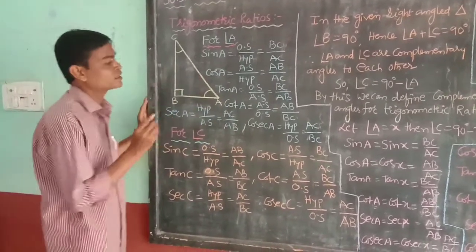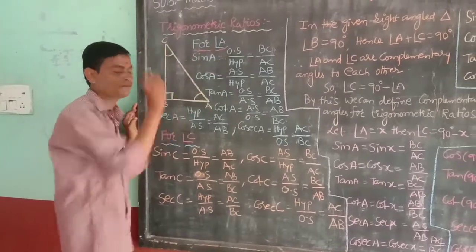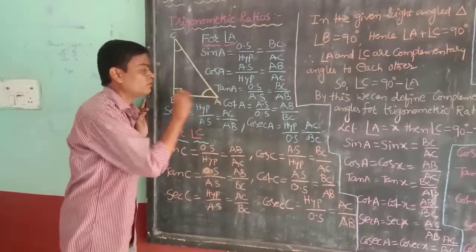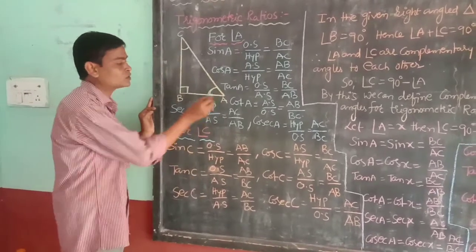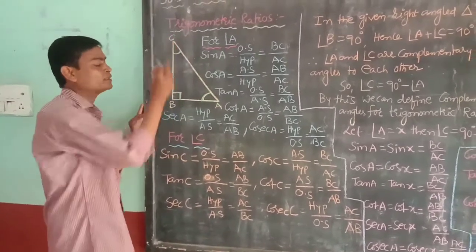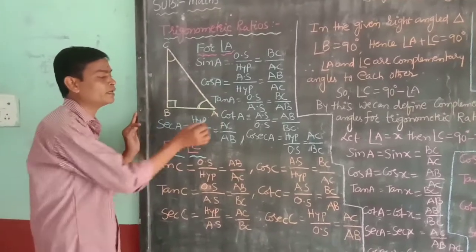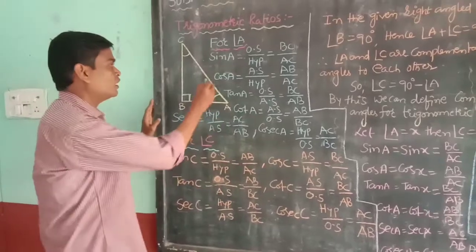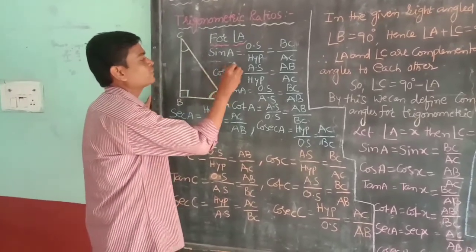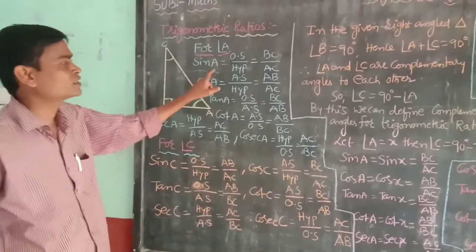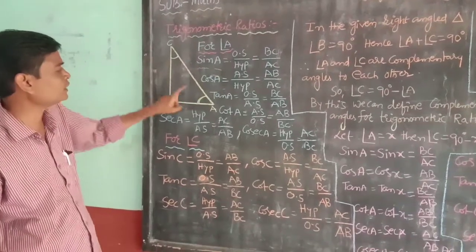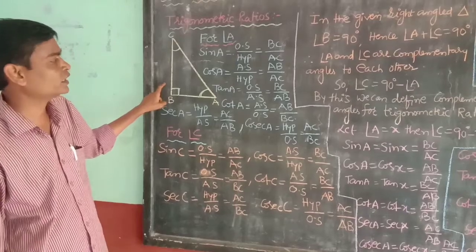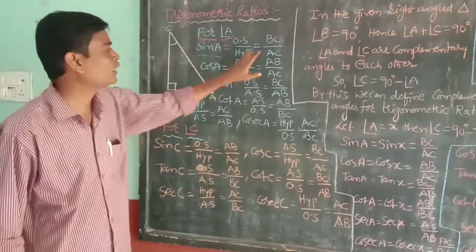So the six trigonometric ratios for the angle A. So here is the angle A. For this angle, what is the opposite side? The opposite side will be BC and the adjacent side will be AB and the hypotenuse will be AC. So now how are we defining sin A? Sin A is equal to, what is the definition of sin A? Opposite side by hypotenuse. What is the opposite side here? BC is the opposite side and the AC is the hypotenuse.